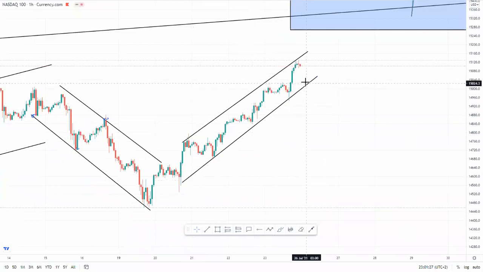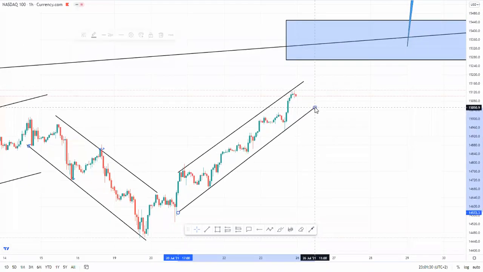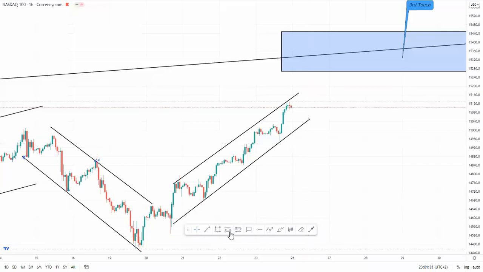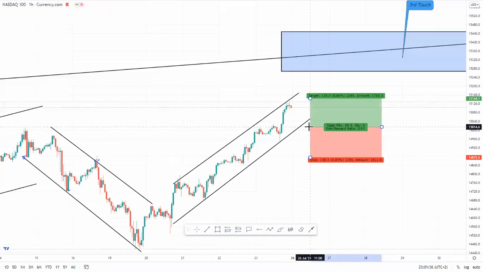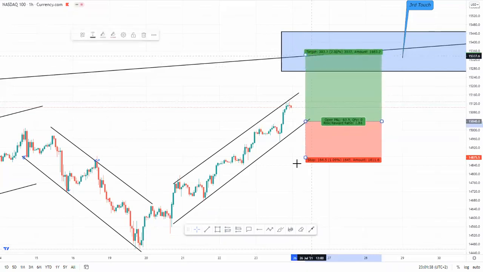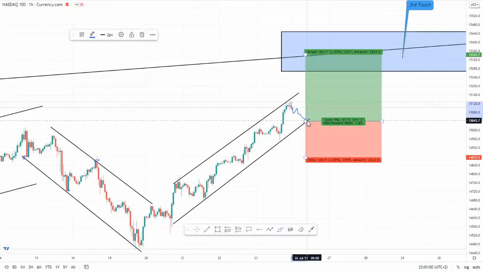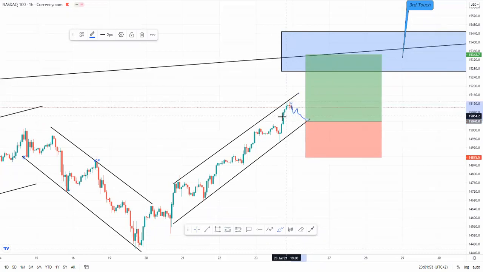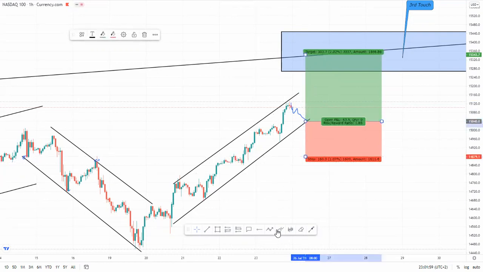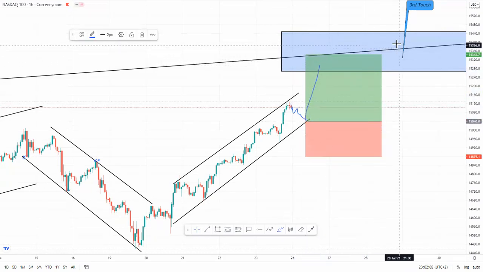Okay. Excuse me. So I'm expecting the market to give us maybe this touch, probably during the Tokyo and Sydney session when we are sleeping at night. And then when the London session opens, I'm expecting the market to give us a push to the upside to test this trend line up there.